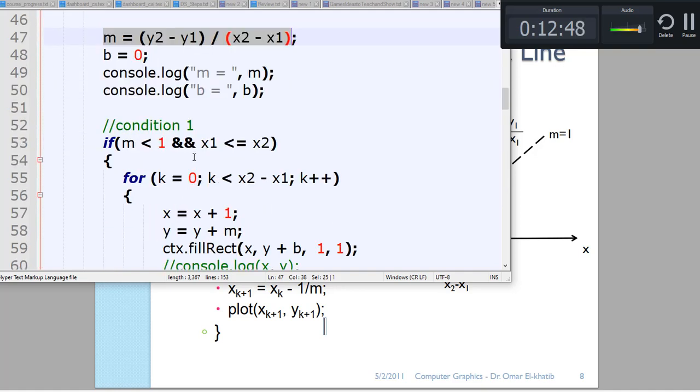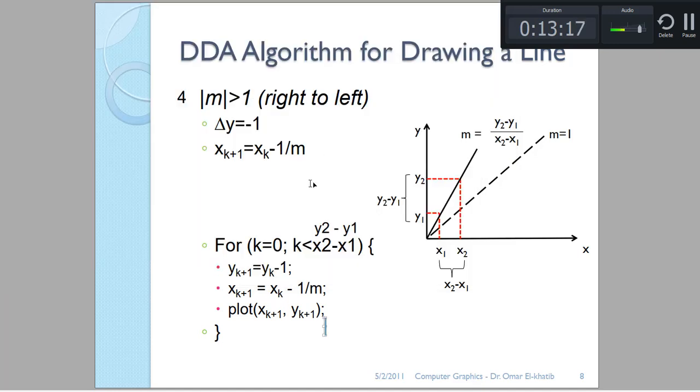Then we have 4 conditions. Condition 1, when m is less than 1 and x1 is less than or equal to x2. I'm considering less than or equal to, because if it is less than and the other one is greater than, then we cannot check for the equal condition. So we need to have a condition for equal to as well. So this is the first condition: m is less than 1 and x1 is less than or equal to x2, and this is also here in